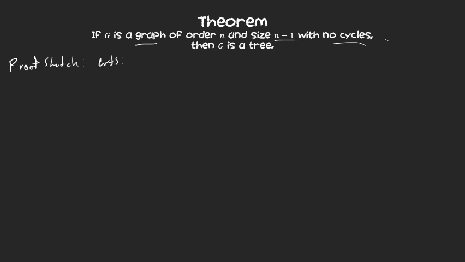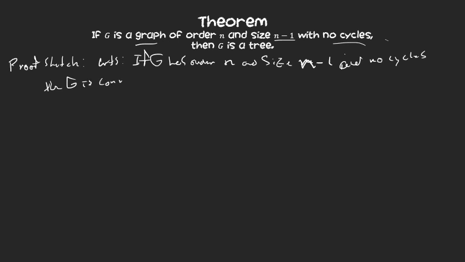So, proof sketch: we want to show if G has order n and size n minus 1 and no cycles, then G is connected. Because connected and no cycles implies it's a tree. And so then I'll be done. So what's the idea here? If G has no cycles and order n and size n minus 1, what I can do is,